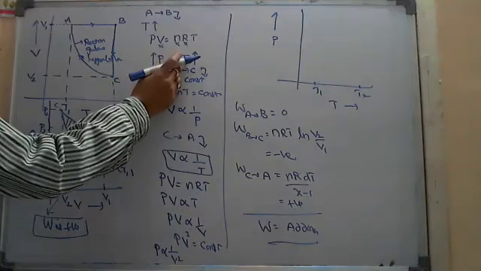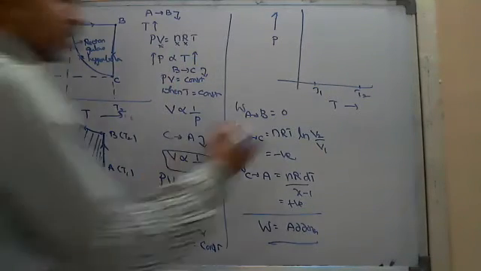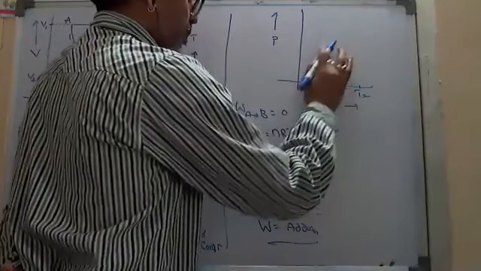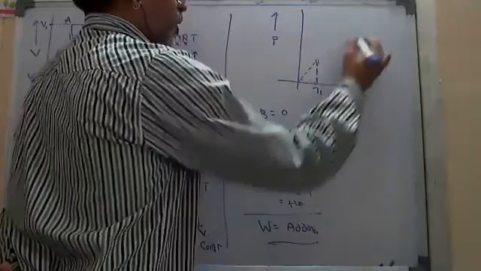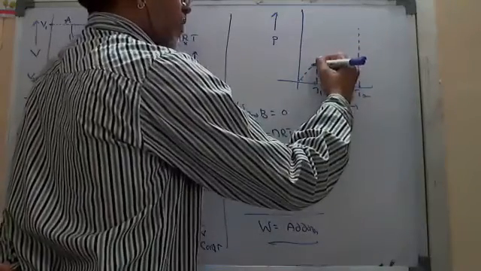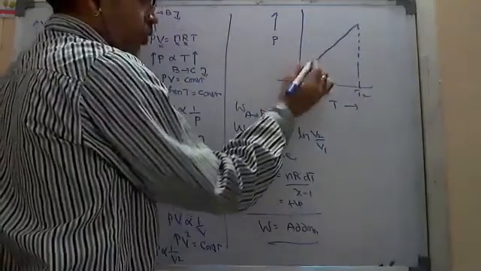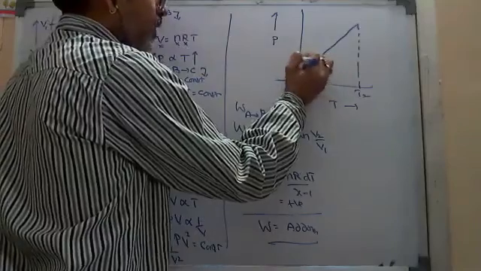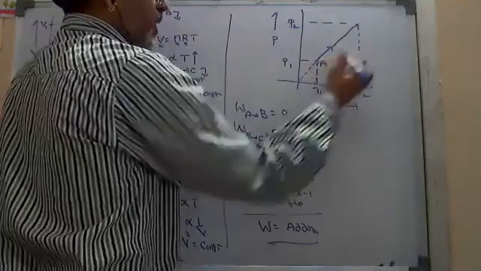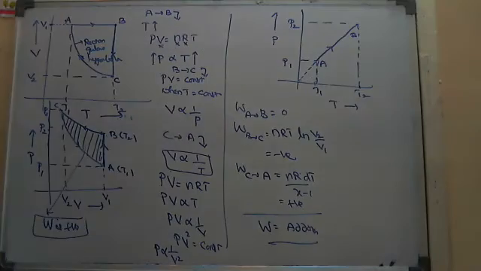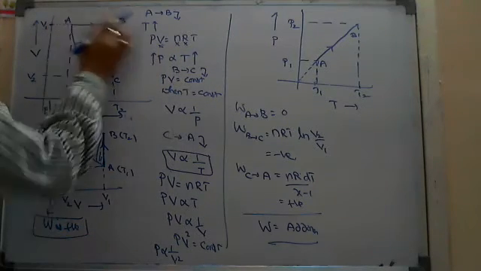And directly proportional means it is just like Y is directly proportional to X, like a straight line passing through origin. From T1 to T2, here it will be a straight line like this. If you extend, that may pass through origin here. It is pressure P1 and that is pressure P2. It is a straight line from A to B. I think you understood there. Since P is directly proportional to T, so A to B part over now.